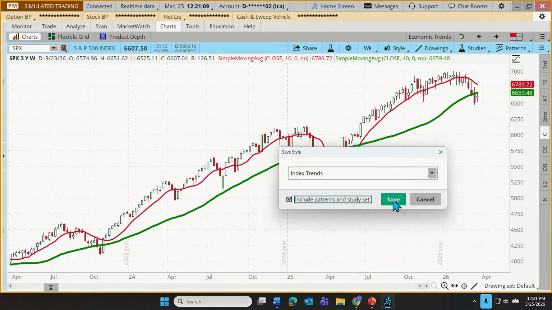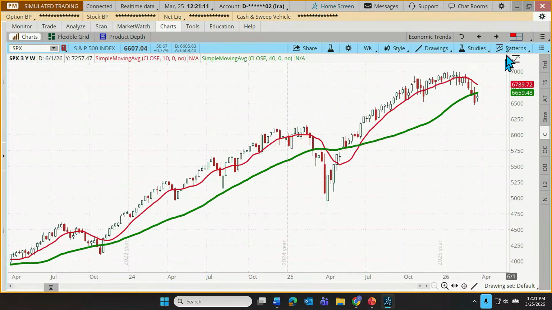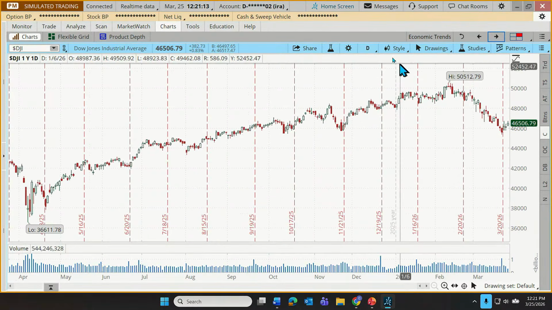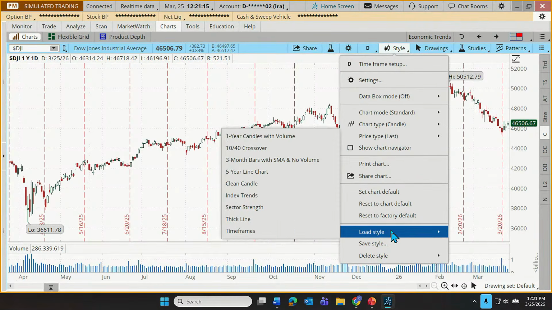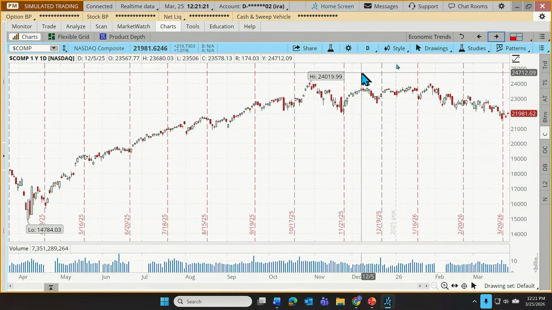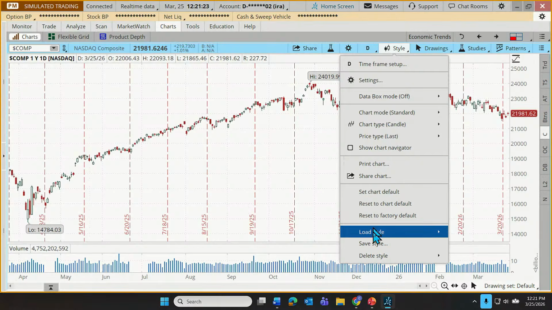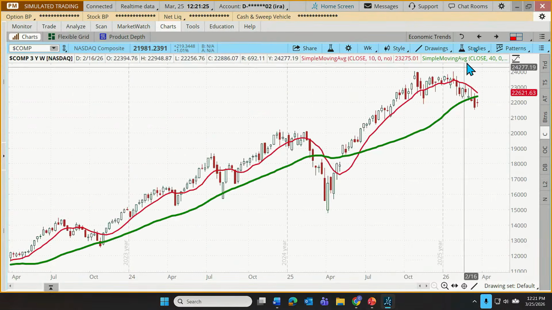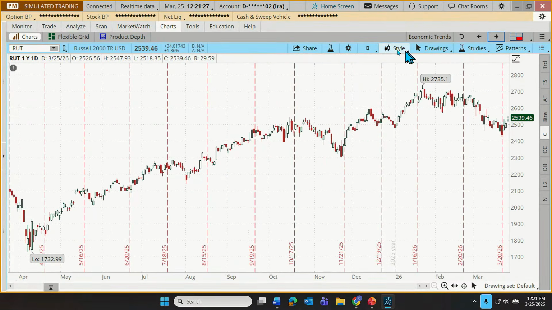So let's click Save. And then as we move to our next chart, I can just pop up here to Style and load that new style. Let's go for our index trends. There we go. So let's quickly set up the other 2. And that will have us prepared to save.